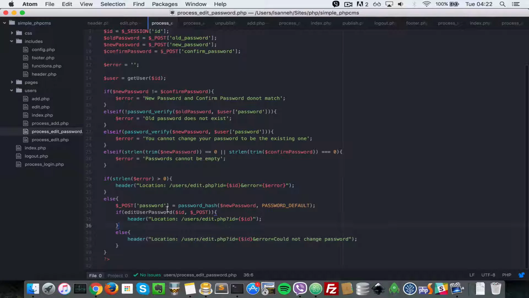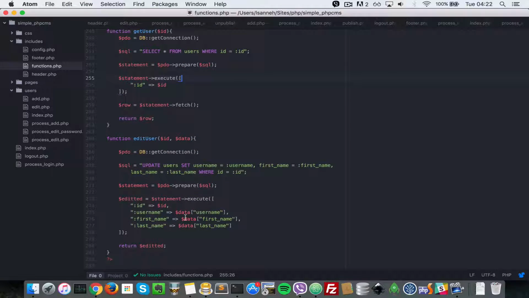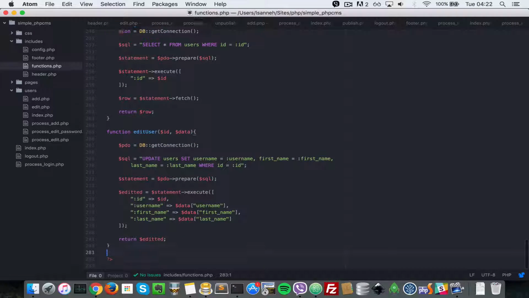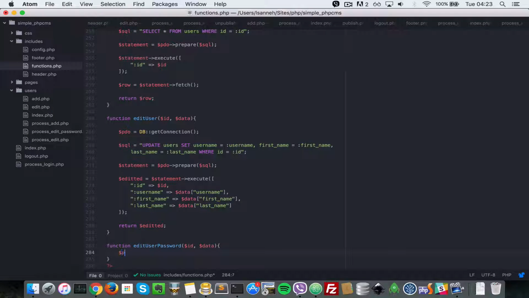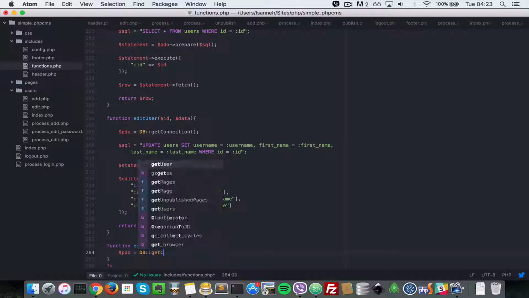All right, so let's head over to our functions.php file here. Now we're gonna have to create that function. So it's a function edit user password, and it takes two arguments, the ID and the data. Okay, so let's get the PDO function first, and we get that by saying db get connection,